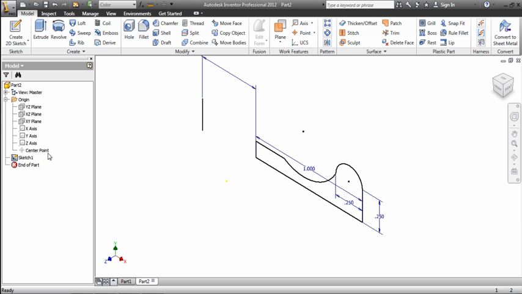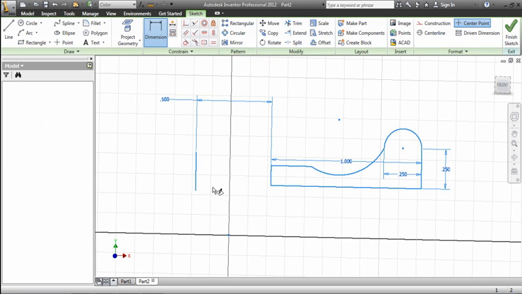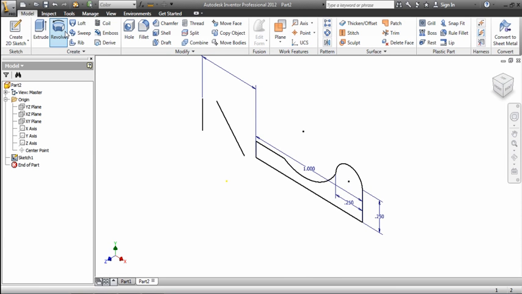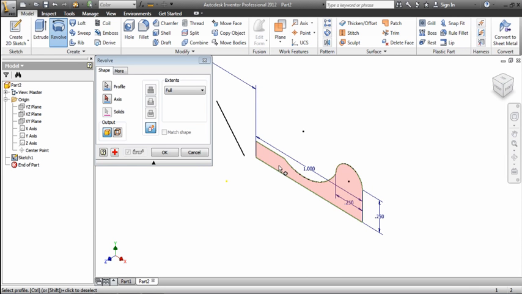Okay? Let me go back and edit this sketch. So double click Sketch 1. And now what I want to do is grab my line tool, and I'm going to draw another line. Instead of this one, I'm just going to draw somewhere in between the profile and the axis. I'm going to draw a line at an angle, 52, 45, somewhere around there, somewhere in the 40s or 50s. So there's my axis. I'm going to hit Finish Sketch, and I'm going to go to Revolve, choose my profile,